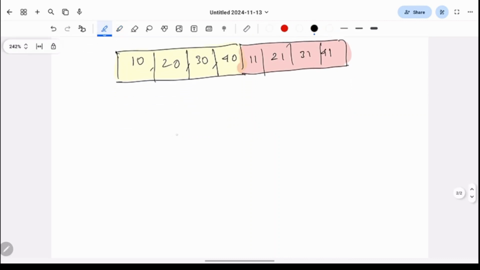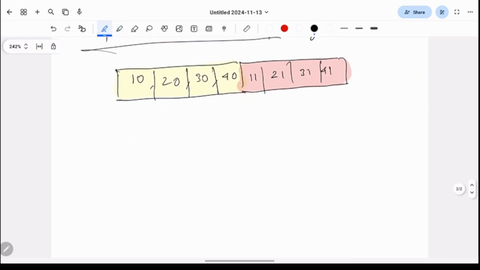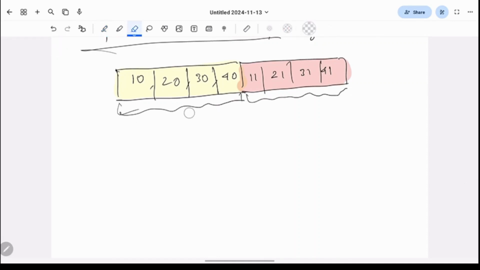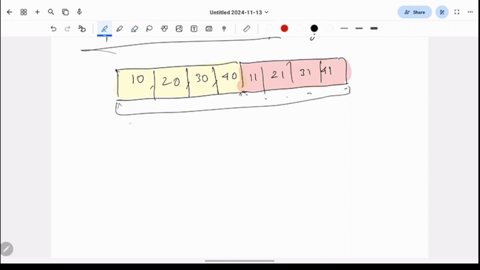So how will I merge this? You can see this part is sorted and this part is also sorted. My goal is to merge these two sorted arrays to get a fully sorted array which includes all these elements. So I will take another array